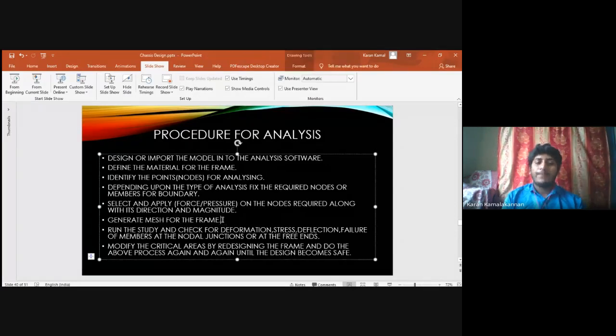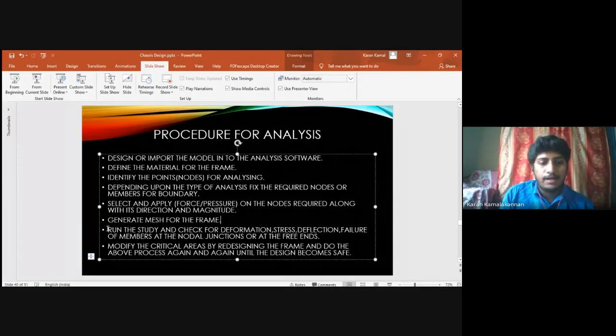Next is the meshing. Meshing is a crucial criterion, like what kind of mesh you will be using. That is more important. Mostly in ANSYS, you will be going with, I think, hexahedral, right? Tetrahedral shape. That is a normal thing, but it depends. Brick is also there. Hexagon is also there. So there is a definite purpose for each type, and you must know which type of elements should be used to get the optimum result, because every type of material, every shape will give different results. You must know what type of mesh to use so that your results will be more accurate and more realistic. Okay, that you must know for meshing.